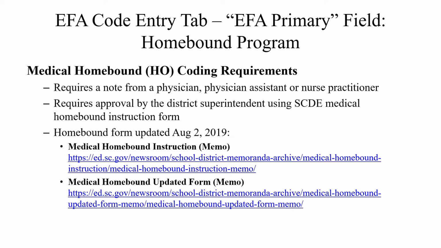This includes eligibility, minutes for daily instruction, valid certification of teachers, and weekly records submitted on the part of teachers. You must ensure documentation by a licensed physician that certifies that this student cannot attend school as a result of an accident, illness, or pregnancy, despite the aid of transportation. This student must be approved by the superintendent or his or her designee, who will need to review and complete the revised medical homebound instruction form provided through the South Carolina Department of Education Office of Health and Nutrition.